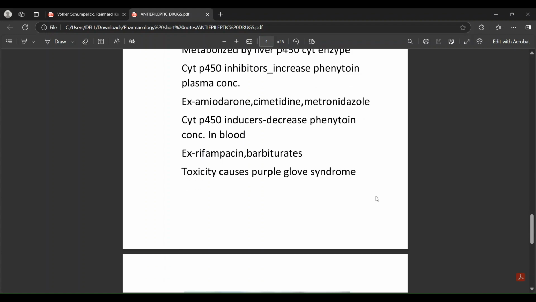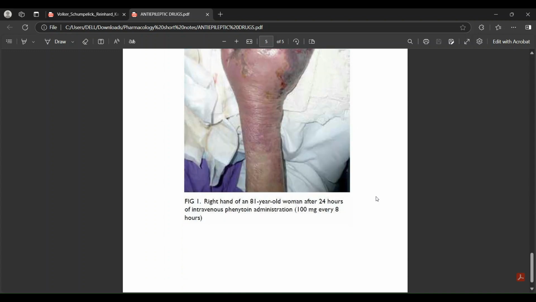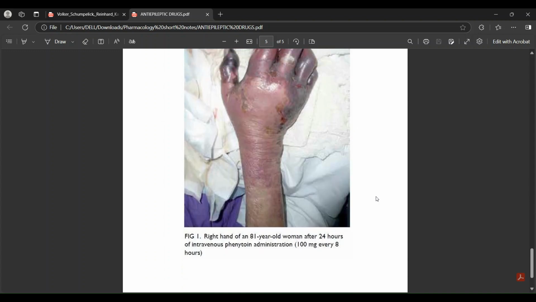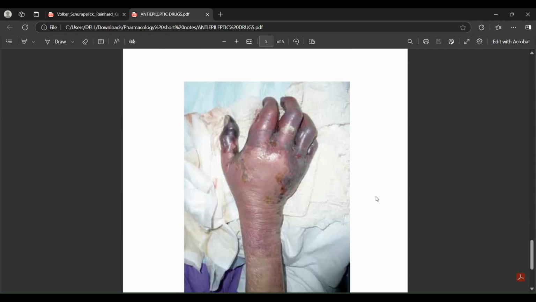Toxicity causes purple glove syndrome, and I put a picture here which is taken from the internet, and this is the right hand of an 81-year-old woman after 24 hours of IV phenytoin. So you could see her hand is getting a purple color. This is called phenytoin toxicity. In purple glove syndrome, we could see